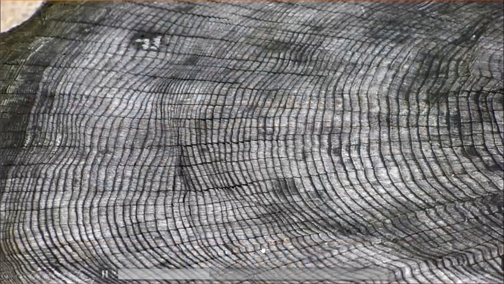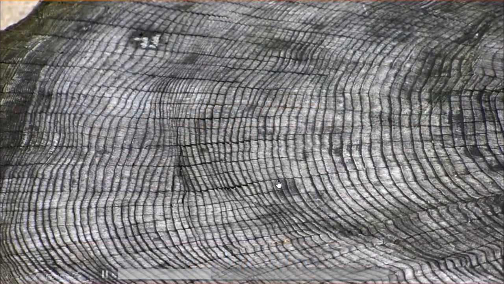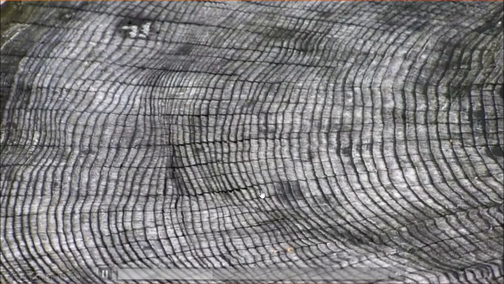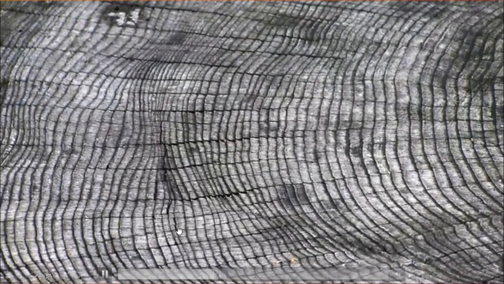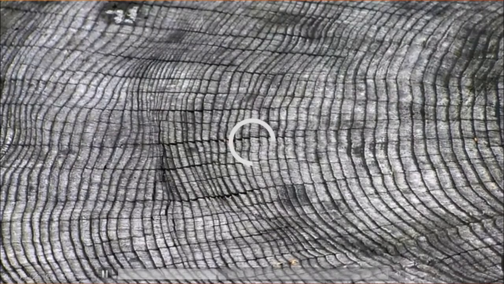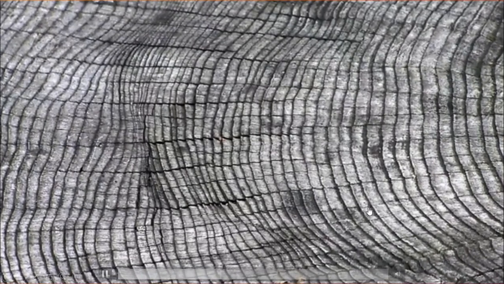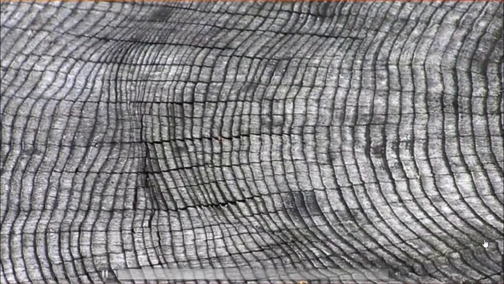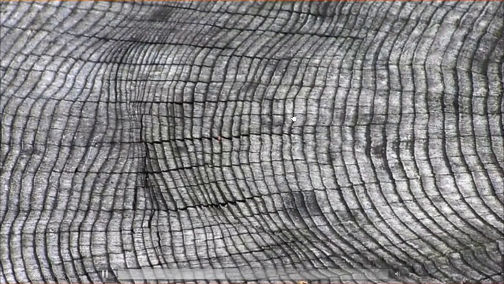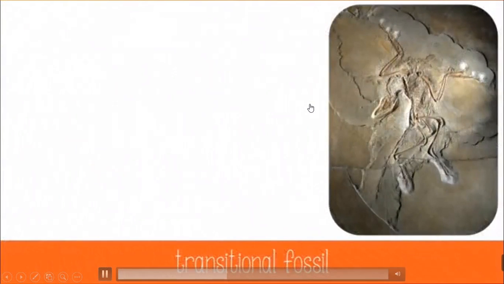You see the diagrammatic representation of the tree. There are different inner rings present. For each year one ring develops. According to this, you see how many years old this tree is.